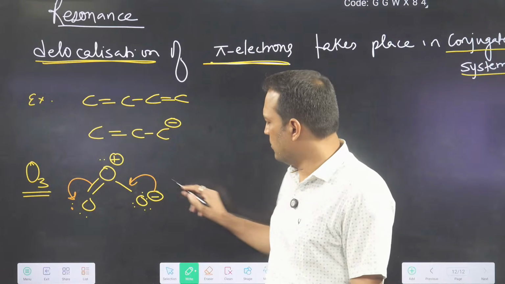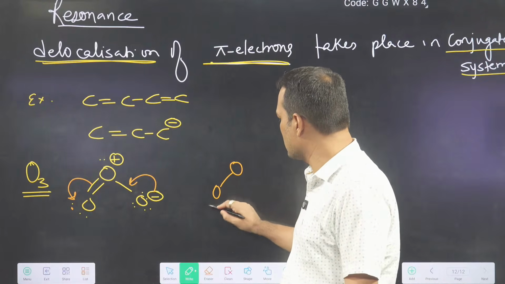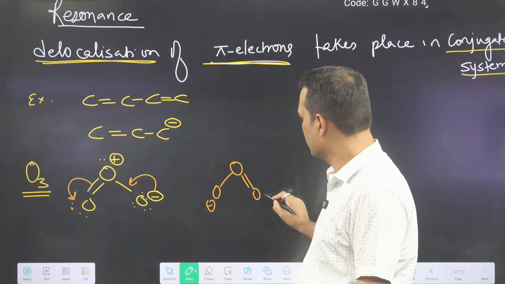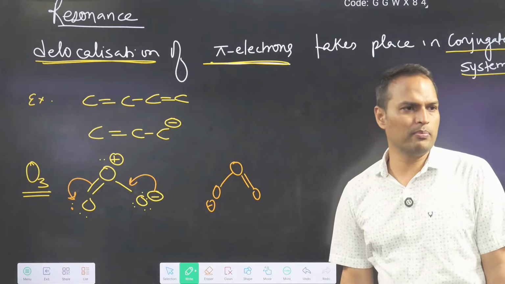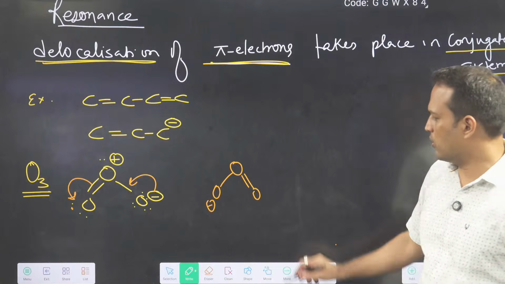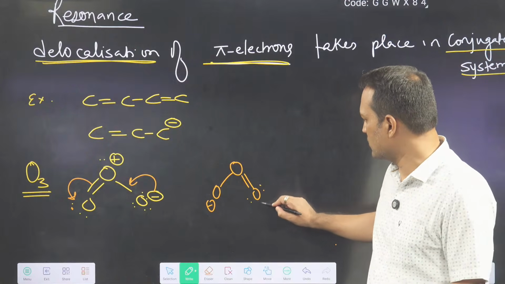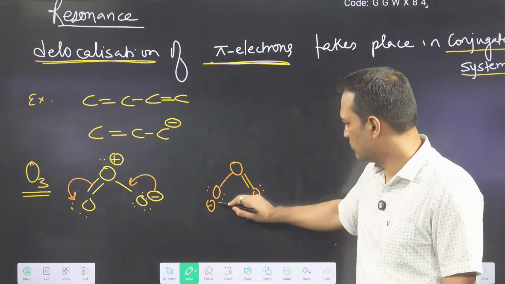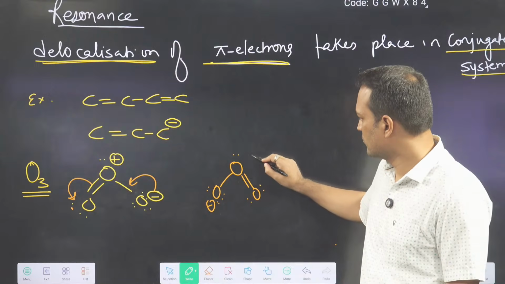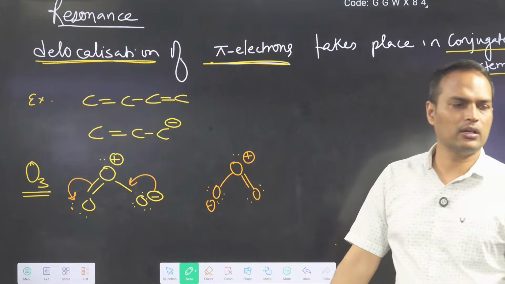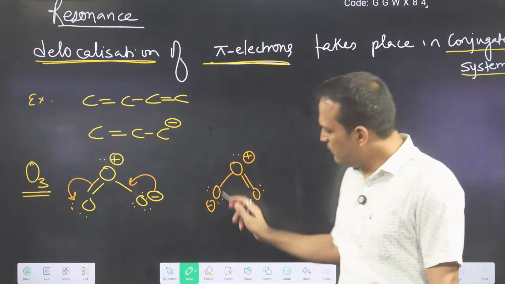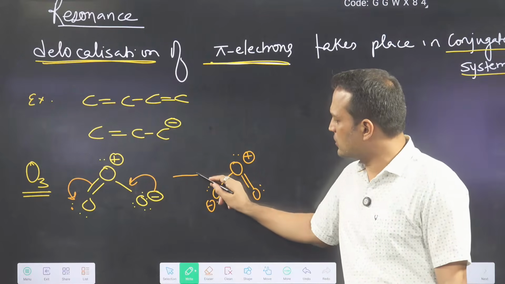See, you have made a double bond. You can also make its structure like this, na? You can also make a resonating structure. You can also make its structure like this. Correct or not? Yes. Then we will ask you, if both structures are correct,